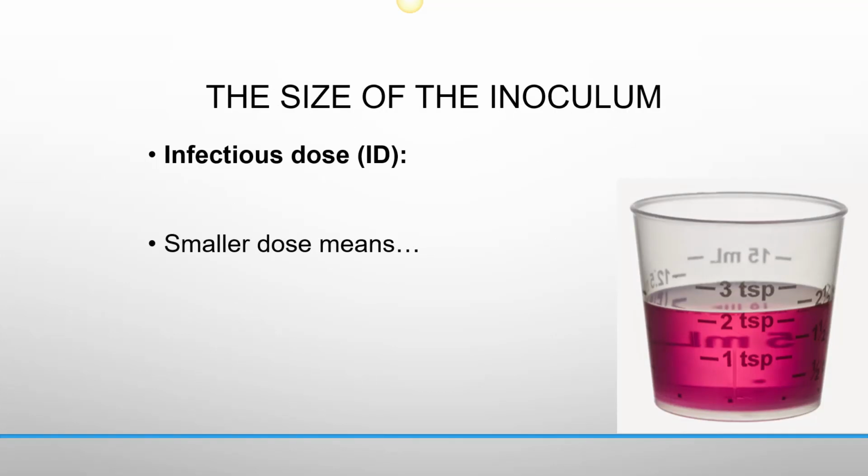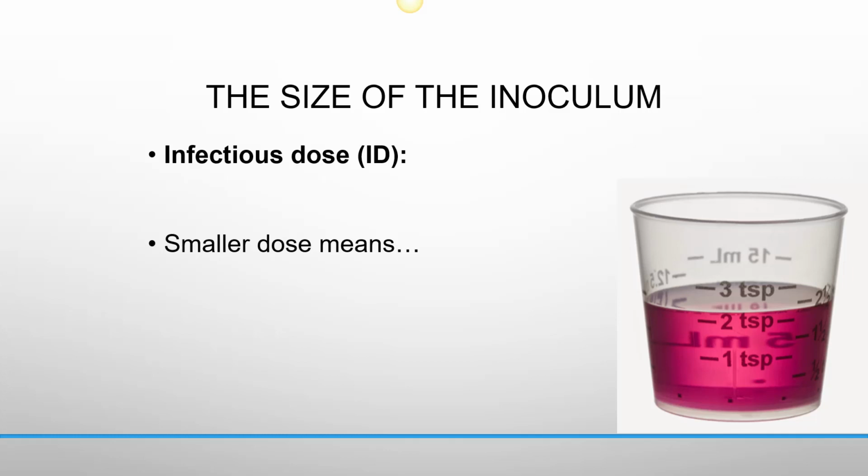The infectious dose. An infectious dose is the minimum number of microorganisms that are required in order to establish an infection. So with the infectious dose, you need a certain number of cells before you actually get sick. Like for the flu, for example, it's about 100,000 flu particles. So if you only get 2 flu particles coming into your nose, your immune system's going to wipe them out before they have a chance to establish an infection. But after you get like 100,000, then that's enough. Then that will be enough to give you the symptoms of the infection or to go on to develop that